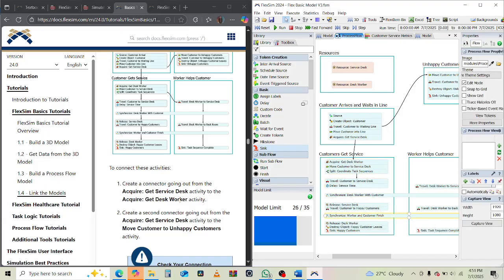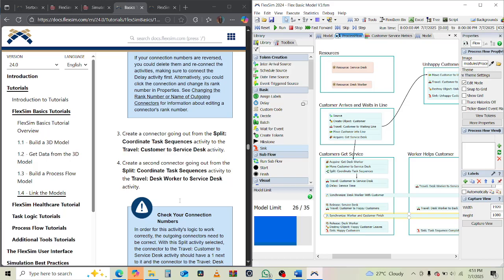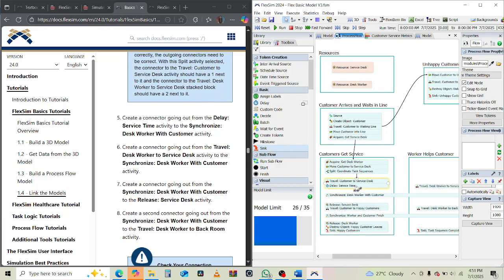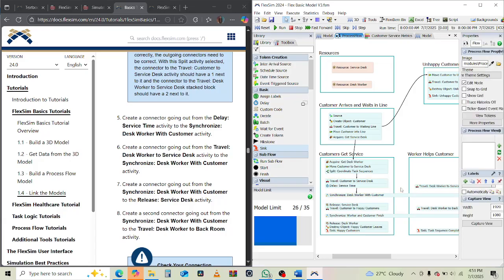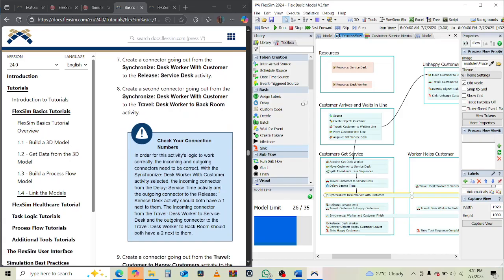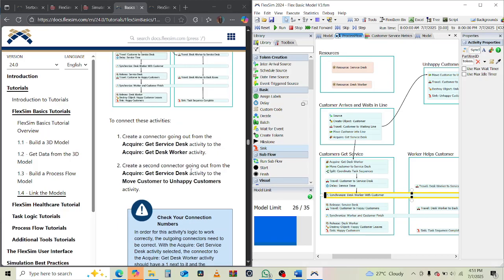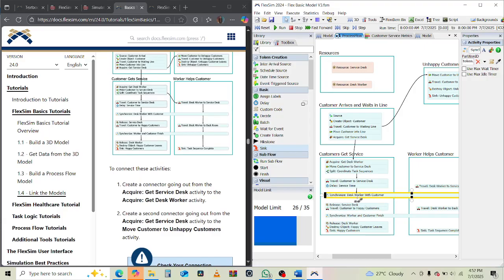Now create a connector going out from the delay service time activity to the synchronize desk worker. So from here,